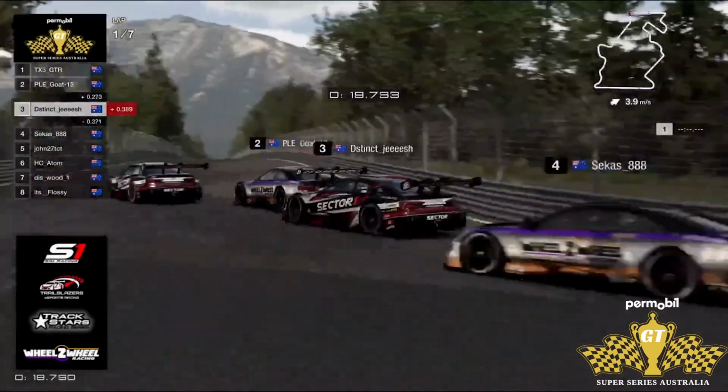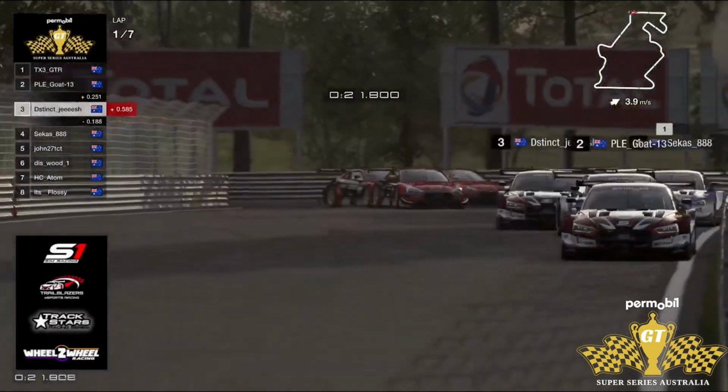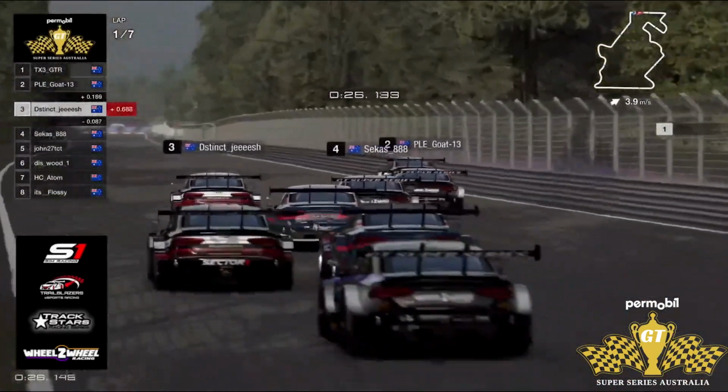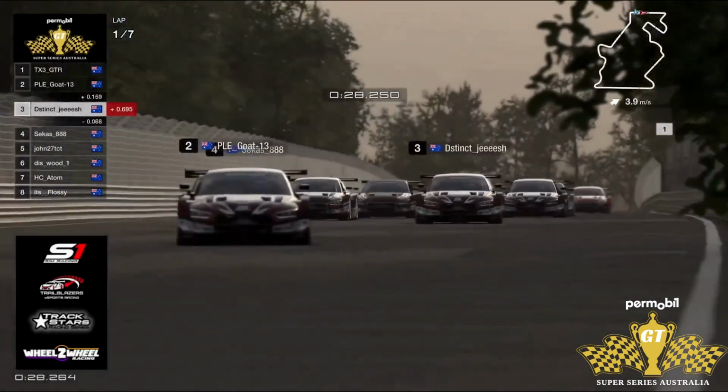Adam, oh, it's chaos back there. They were 4 wide for a second. Woody looking up the inside of Adam. Adam and Woody. Oh, Curry's gone. Keep an eye on Diswood and